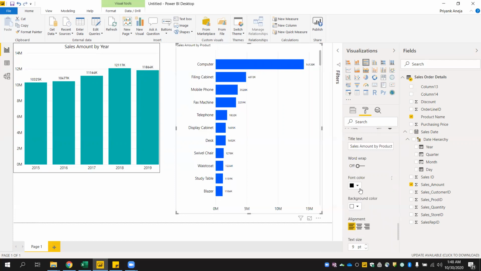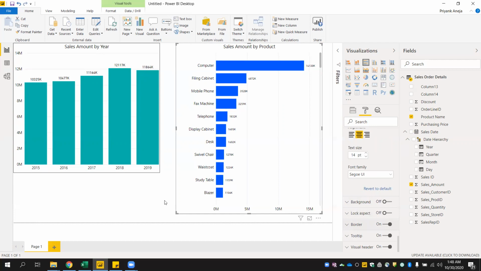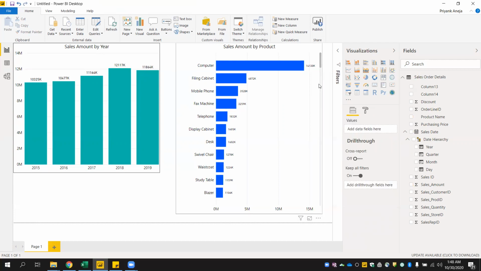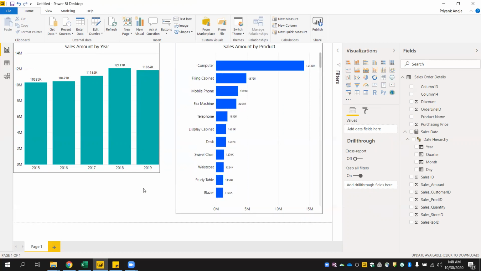Let's keep it in black. Increase the font size. Give it a background. Sorry, a border instead. And there we go. So we have just created two bar graphs which give us a nice view.